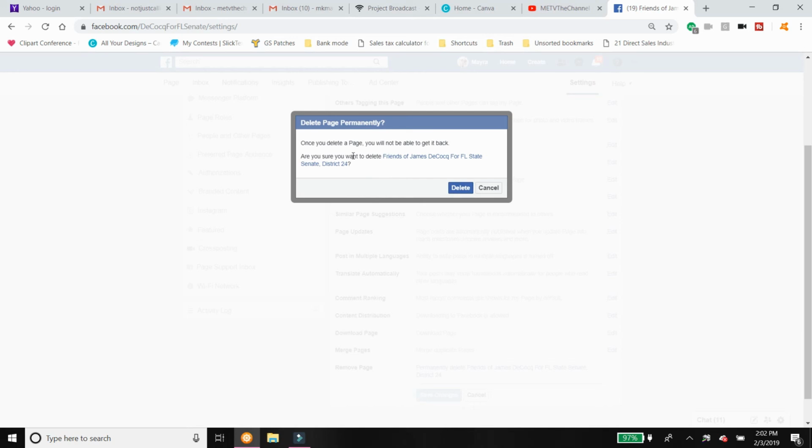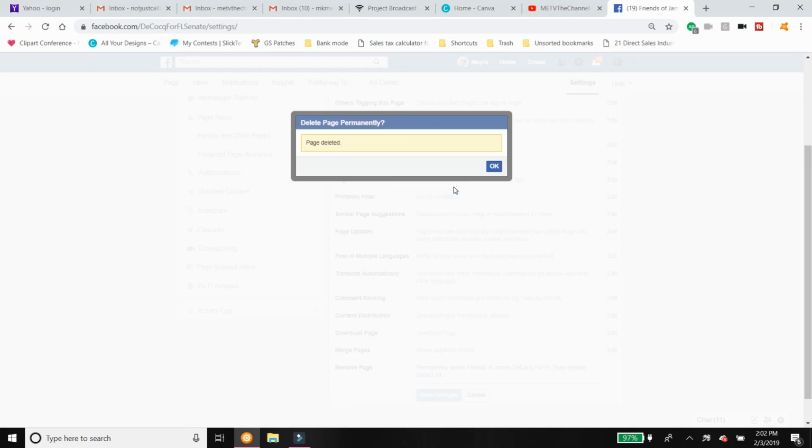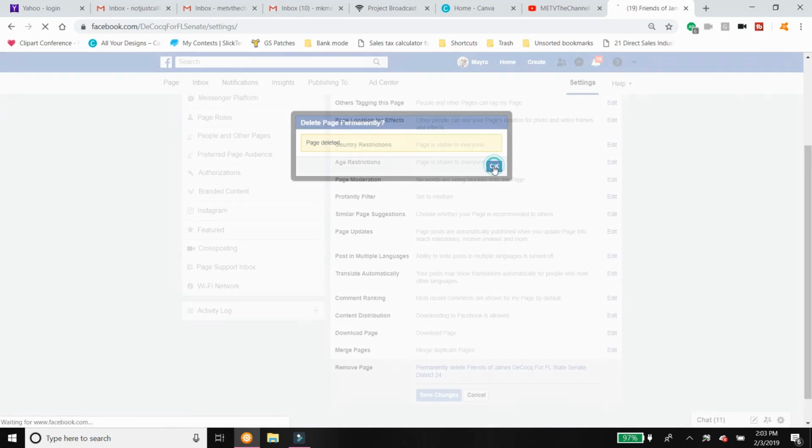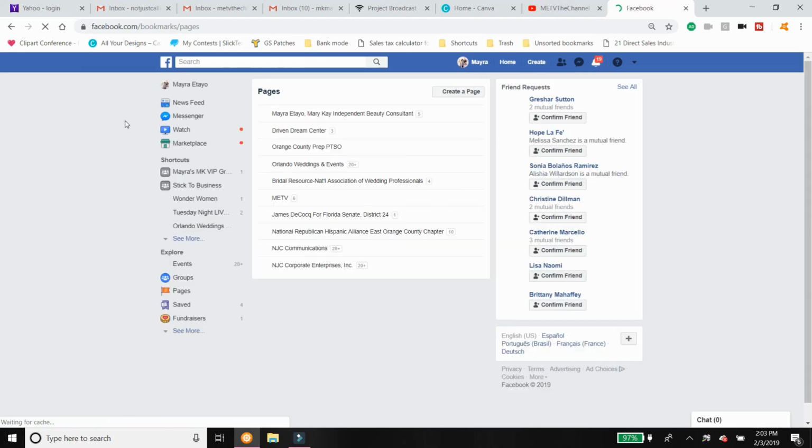So once you delete a page, you cannot get it back. Are you sure? They're going to ask again, and you're going to click delete, and your page is deleted. Click OK, and you are done. All right, you guys, that's it. Pretty simple